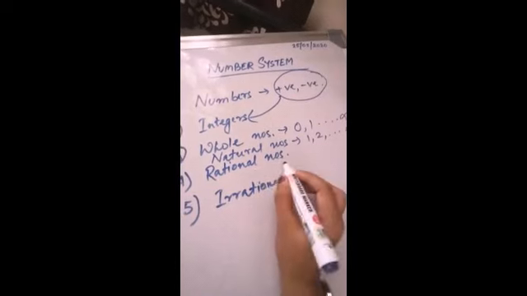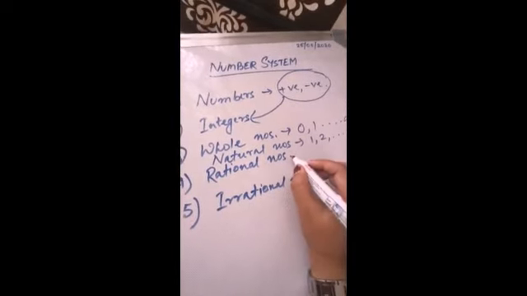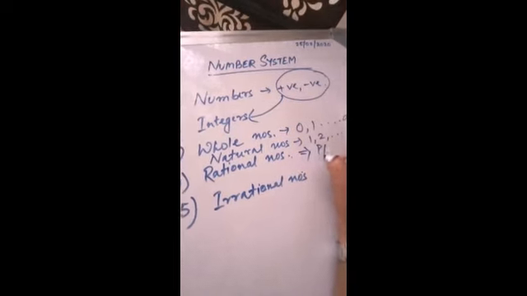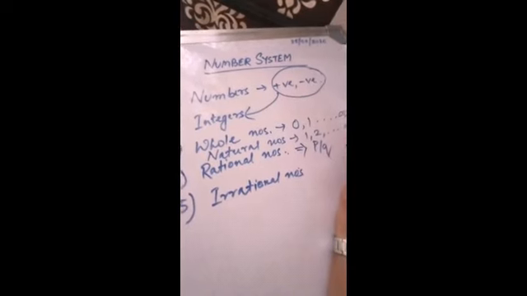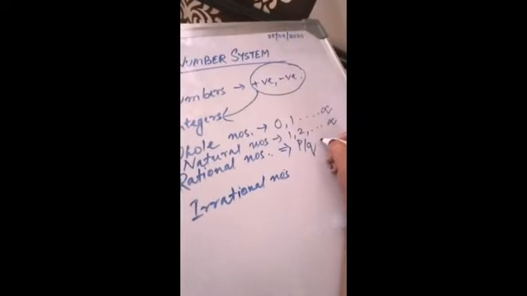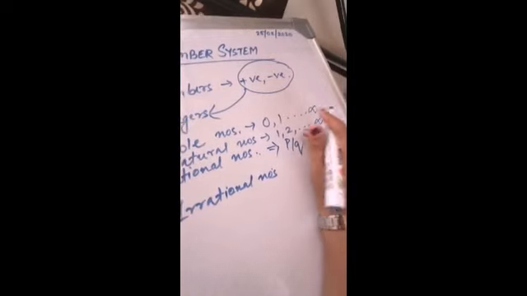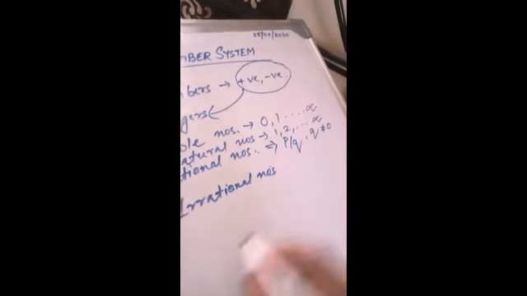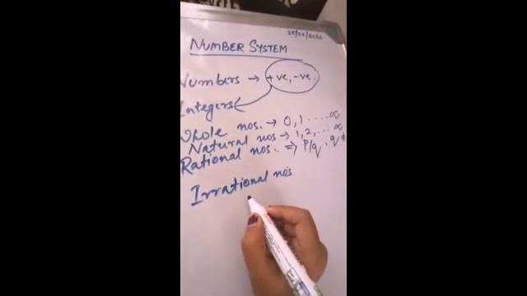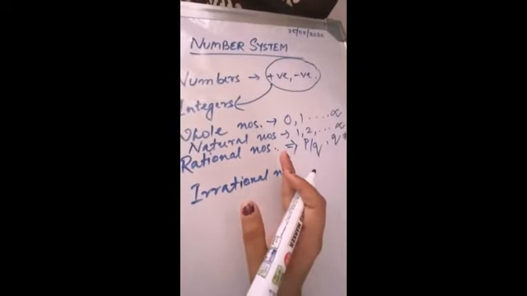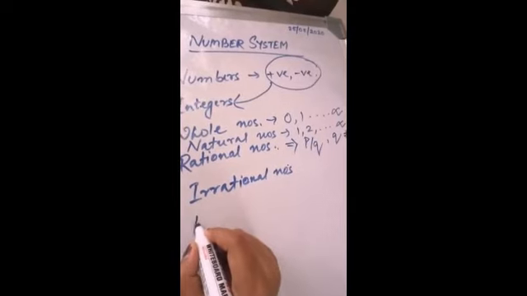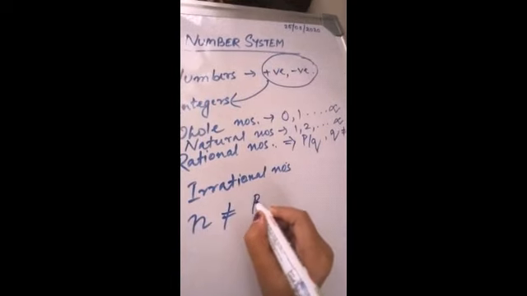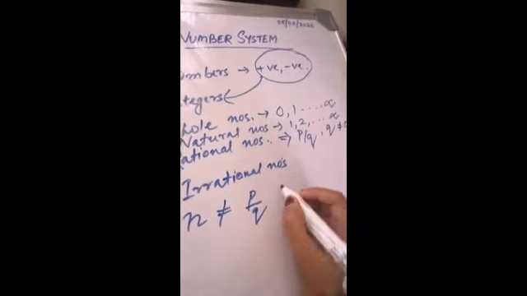Then comes rational numbers and irrational numbers. The difference between a rational number and an irrational number is, a rational number can be expressed in p by q form, but p and q should be co-primes, that means there should not be any common factor between them, and q cannot be 0. And irrational numbers are just the opposite of rational numbers, which means if n is an irrational number, it cannot be expressed in p by q form,